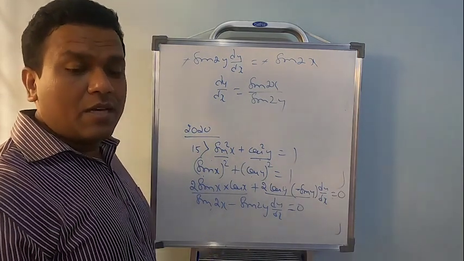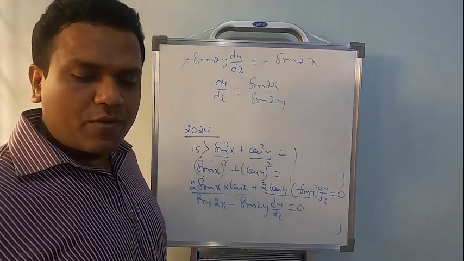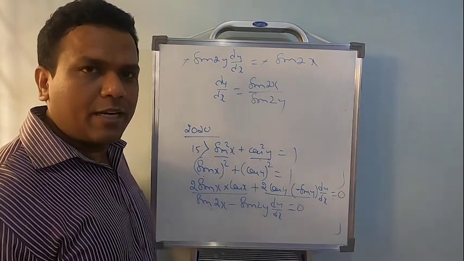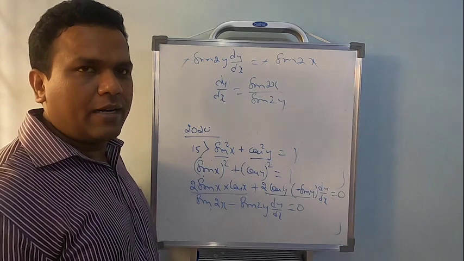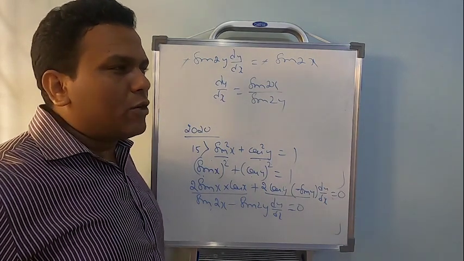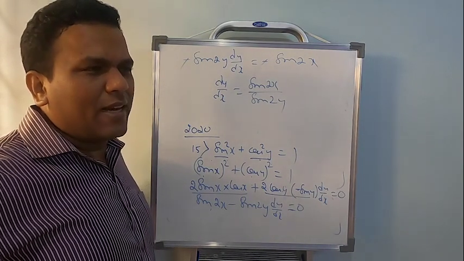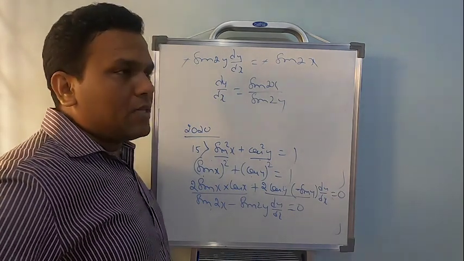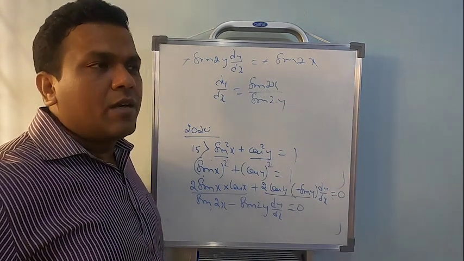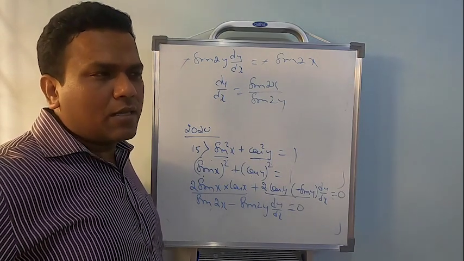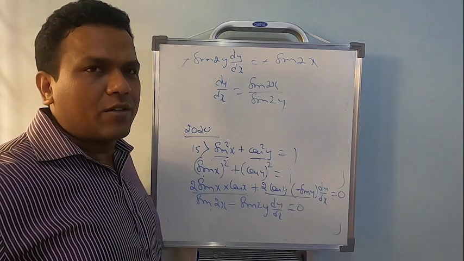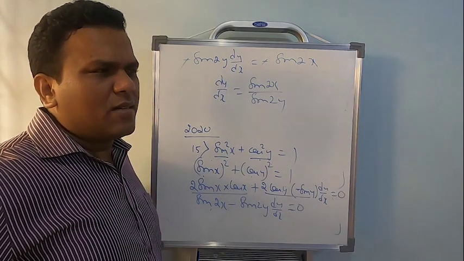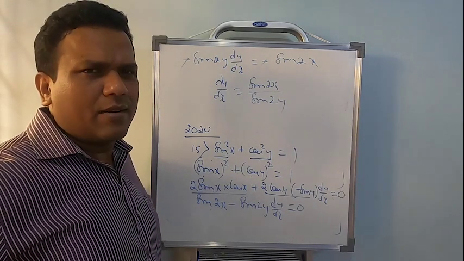So stop there. These are the problems for 2 marks in the final examination. Problems 15 and 16 in the second main are based on differentiation. Three topics are more common, with rarely 1 or 2 cases where they change the topic. Otherwise it is logarithmic differentiation, implicit differentiation, and the other one which is repeated is differentiation of inverse trigonometric functions. Apart from this, the chances are rare.